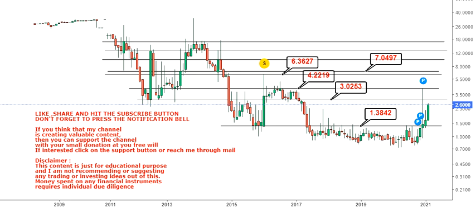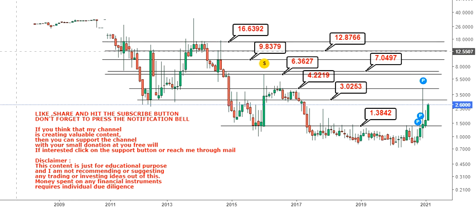If $7 gets crossed, then you have 9.8. After 9.8 you have 12.87. But the larger trend is telling us that it can extend up to 16.5. So you have a big trend in front of you, but as I told you, these are a set of